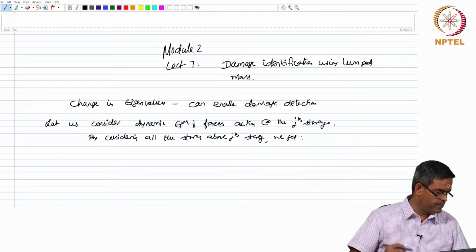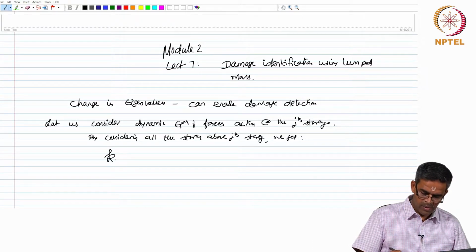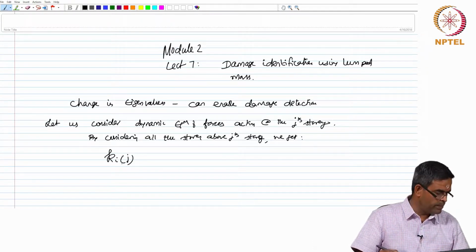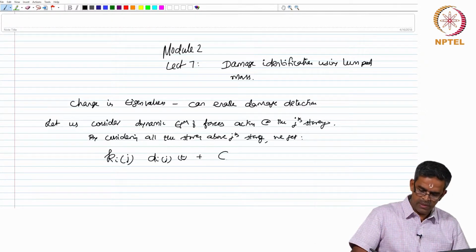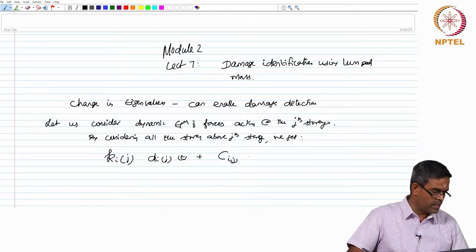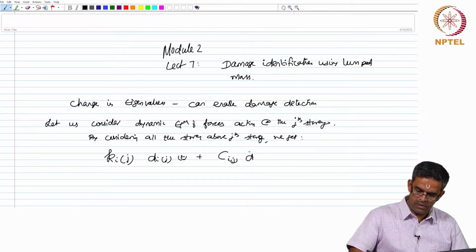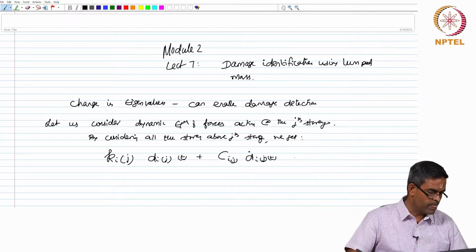We get k_ij d_ij(t) plus c_ij d dot_ij(t) is equal to f_ij(t). Let us say equation 1,